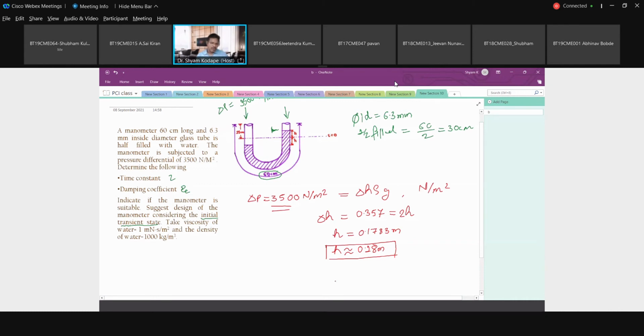ठीक है. So this is what the explanation is needed. So what will happen? Suggest design of the manometer. देखिए ये this is not the transient initial transient state नहीं है. This is the final ultimate change है ये. Whatever we calculated, H is equal to 0.18, ये ultimate change है. अगर ये सेकंड ऑर्डर निकला और ये अंडर डैम्प निकला तो ये अल्टीमेट वैल्यू के ऊपर जाएगा. इट विल रीच द पीक,